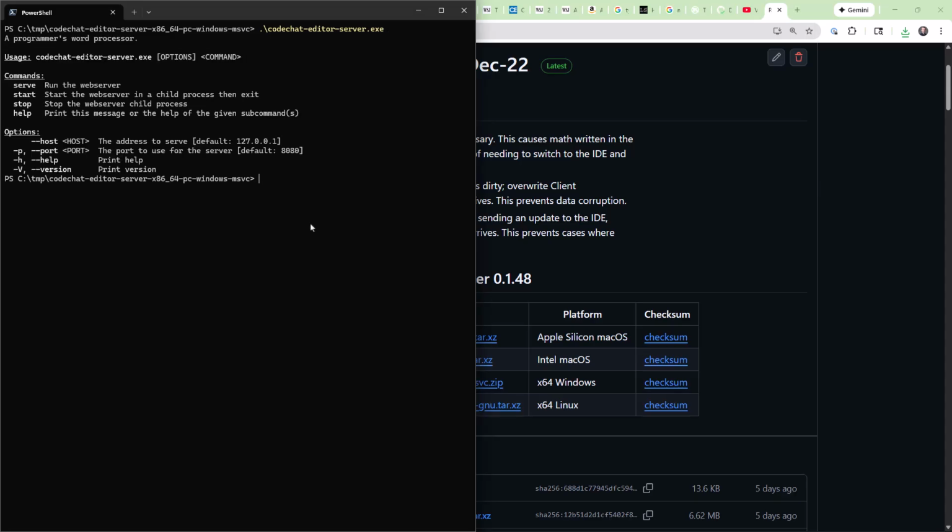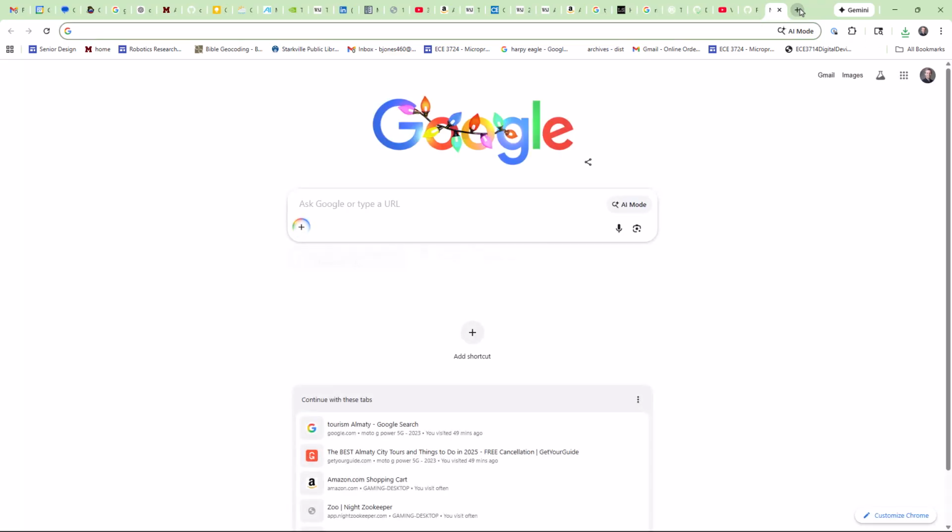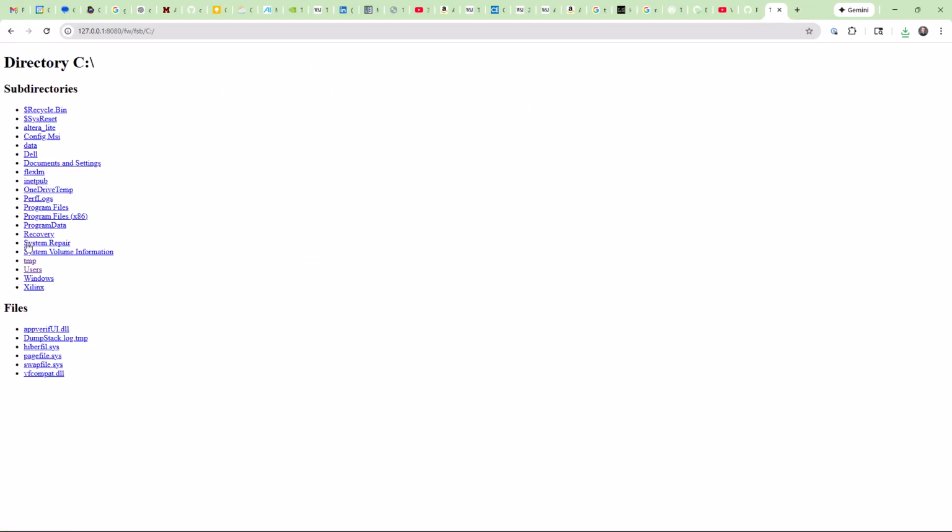You can see that the basic command offers several options. We're going to focus on the first option, to start a web server. By default, it's going to open at address 127.0.0.1 at port 8080. So with that, we'll browse to the indicated website and simply use the very basic file